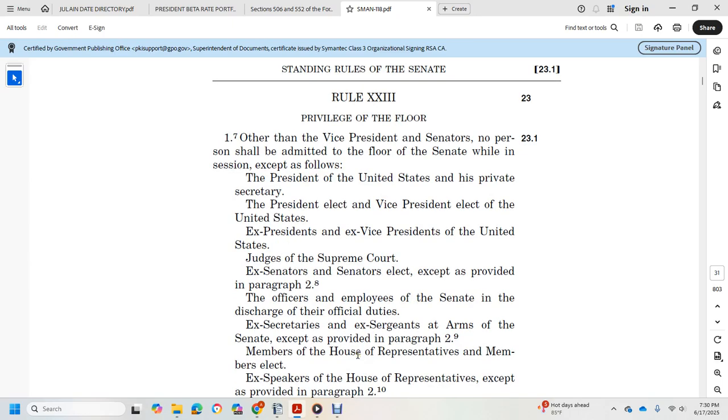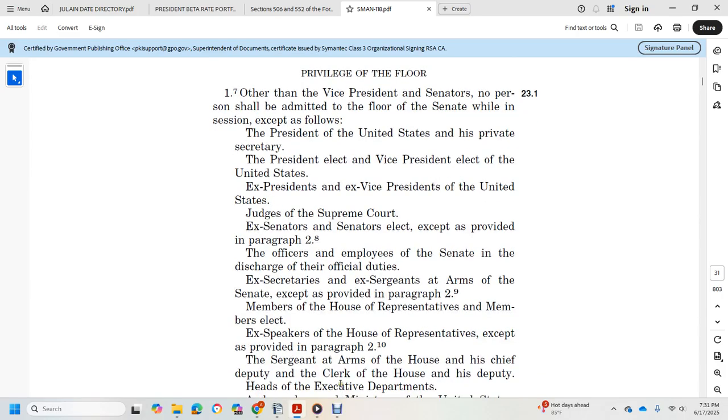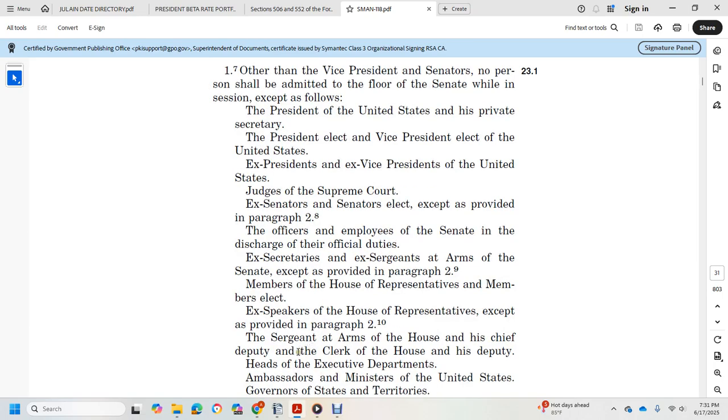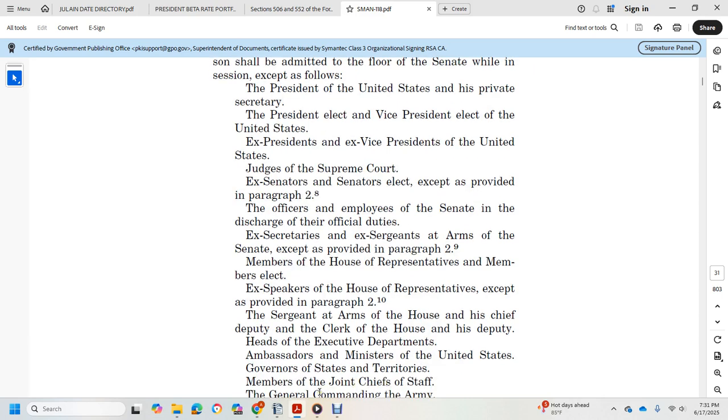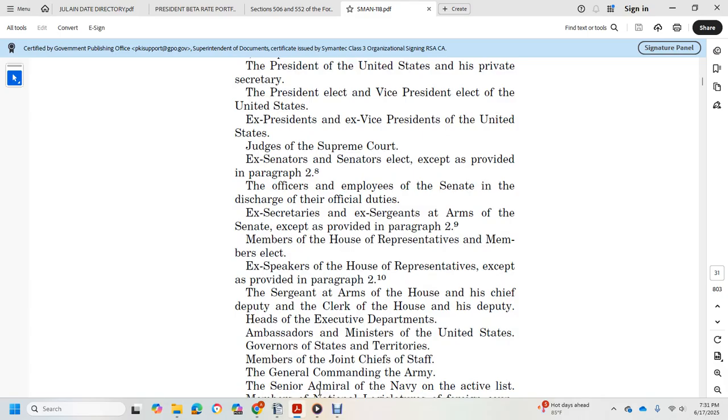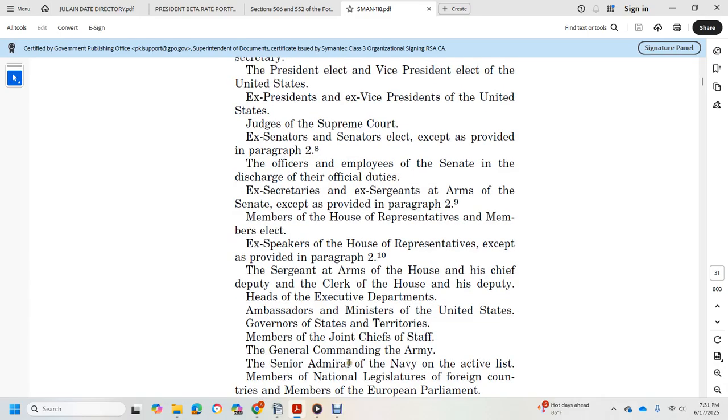members of the House of Representatives, members-elect, ex-Speakers of the House of Representatives, except as provided in paragraph 2.10, the sergeant at arms of the House and his chief deputy, the clerk of the House and his deputies, heads of the executive departments, ambassadors and ministers of the United States, governors of states and territories, members of the Joint Chiefs of Staff, the General Commanding the Army, the Senior Admiral of the Navy on the active list, members of the National Legislatures of foreign countries, members of